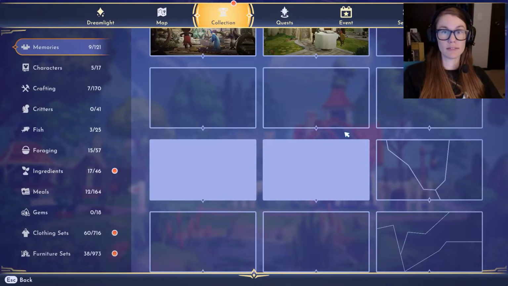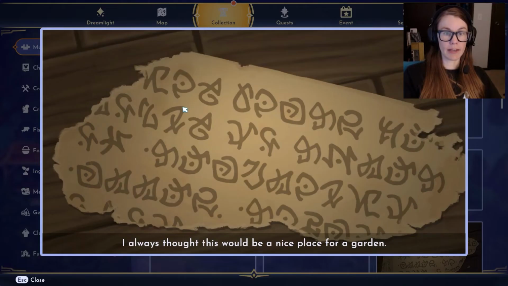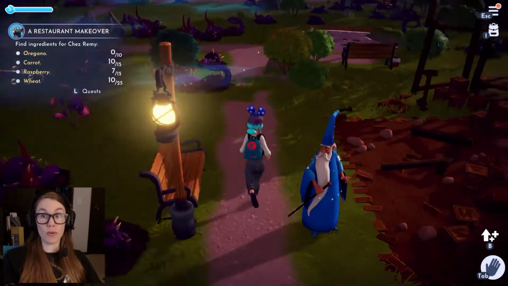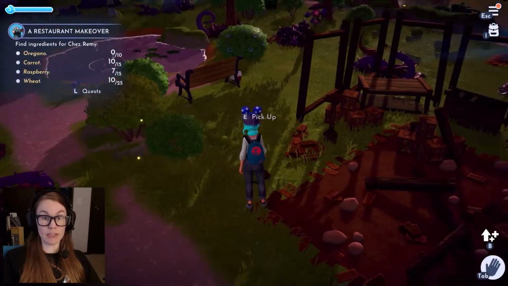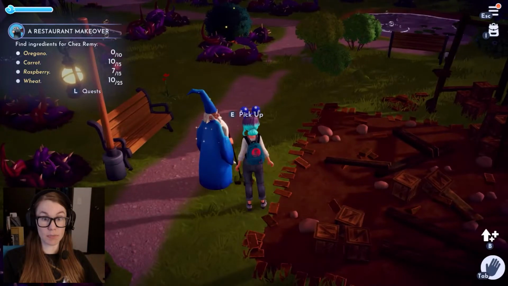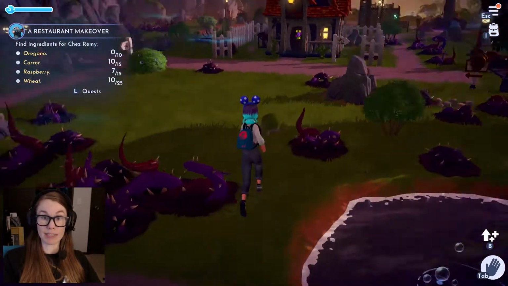Oh, I didn't. Uh-oh. Which one was it I clicked? Was it this one? Yeah. No, we already read that one. I always thought that this would be a nice place for a garden. That one's new. Where was it at? Oh, here. Yes. So hopefully we'll have enough time to get into this one today because this is something super exciting I want to get to. But we might have to get to that one later